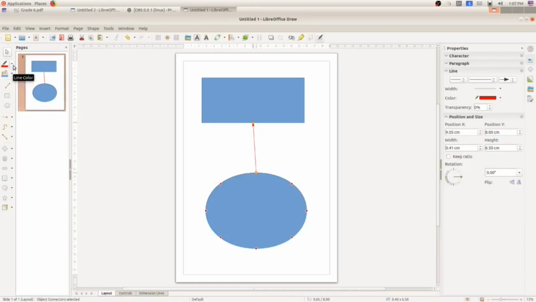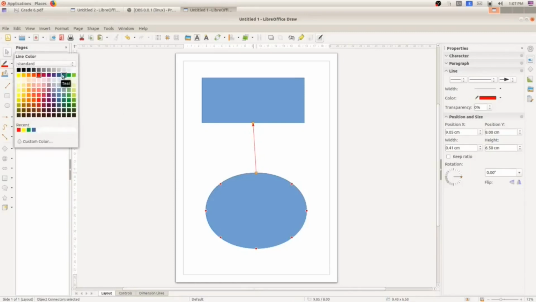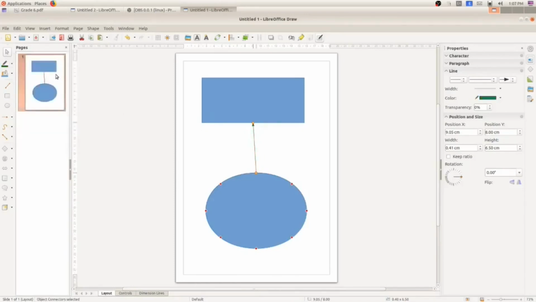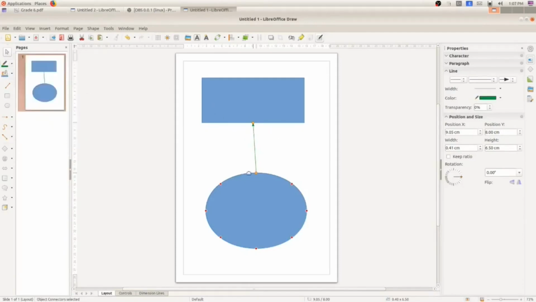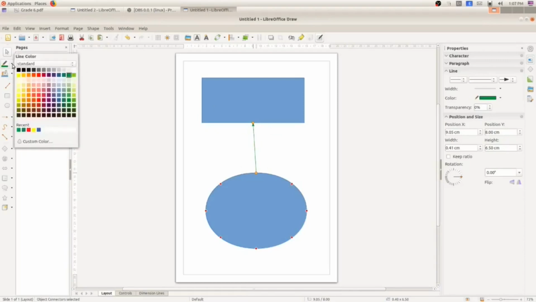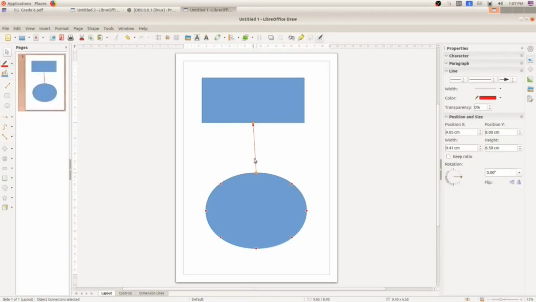Suppose if you want to change it to green, now it is changed to green color. I hope red is the better one, I'll change it to red. So this is how to change the line color.